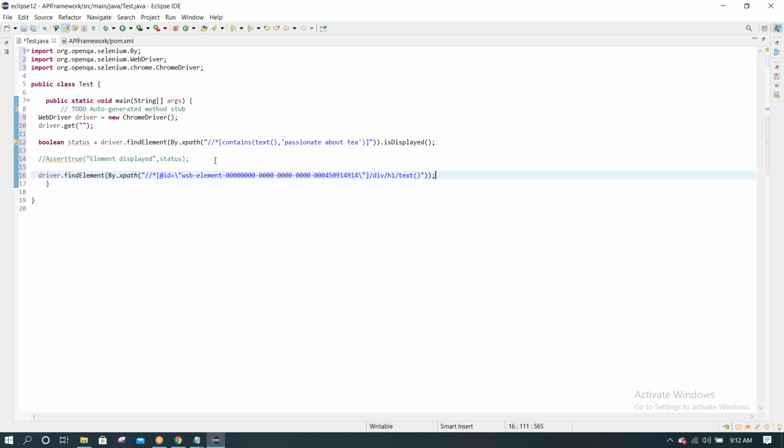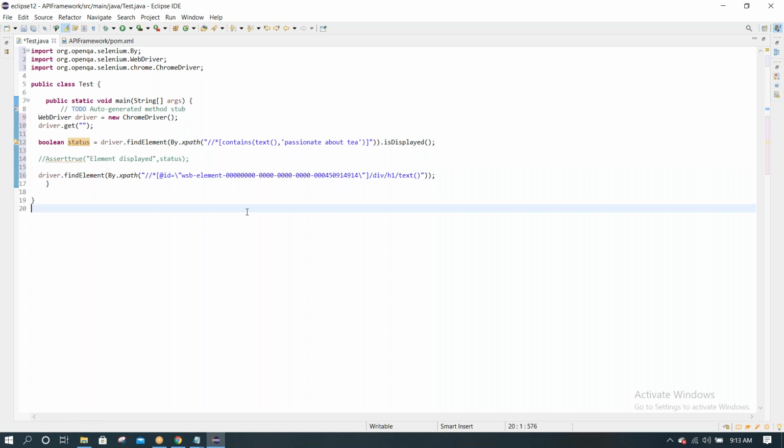See, there are too many ways to validate whether our link navigation is successful or not, our registration is successful or not. After creating the user, it would display some message: your user is created successfully, user is updated successfully. Take the contains XPath, is displayed status, verify that with assertion or if condition, that is fine.